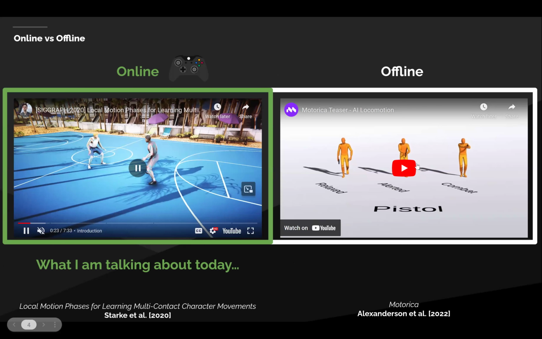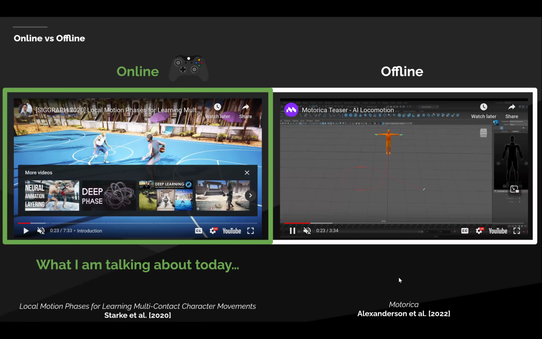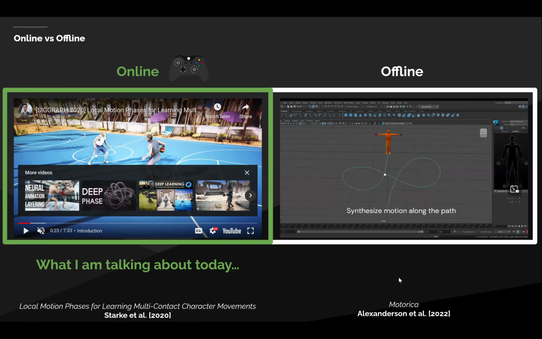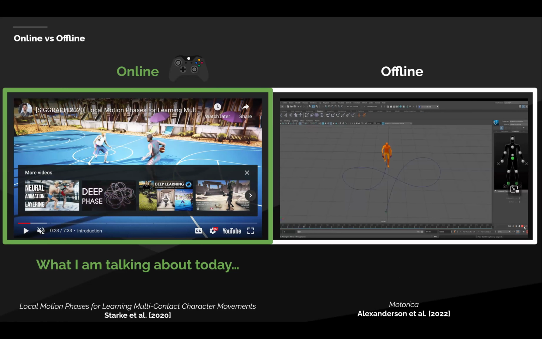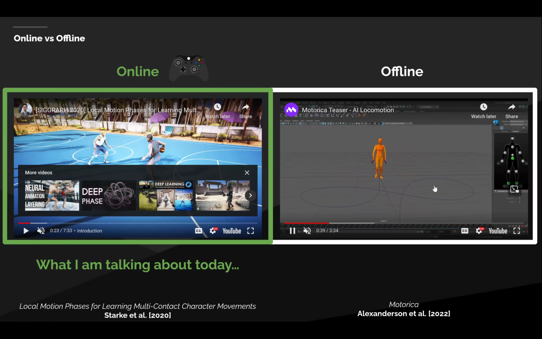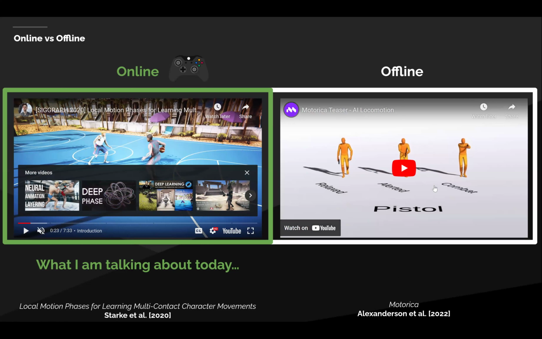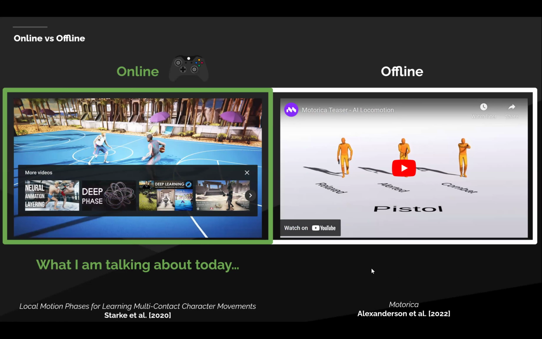That's in contrast to other methods where effectively you're generating animation offline using some offline method, and then you put that in the game as one of your animation assets, maybe for a cinematic, or maybe you use the data to put into some other gameplay system. So that's not what I'm talking about today. Today, I'm talking about actually running the neural network in the game, generating animation on the fly.